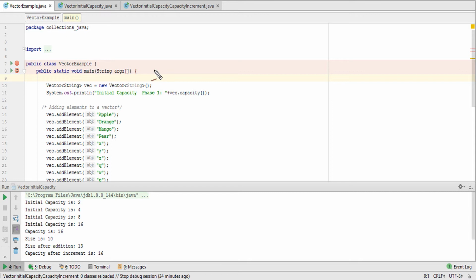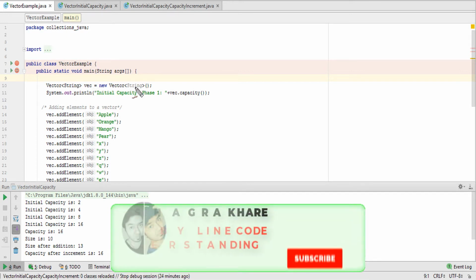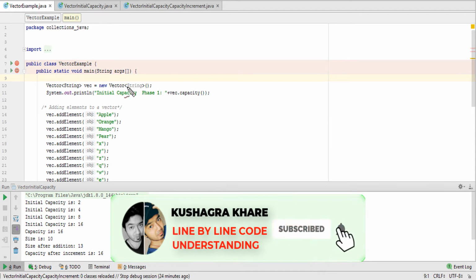So let me show you all three ways how we can create a vector. First, we can create it with the help of this line: Vector, and this is the wrapper type, and this is the object name, and new Vector with the wrapper. So Vector<String> vec equals new Vector<String>.